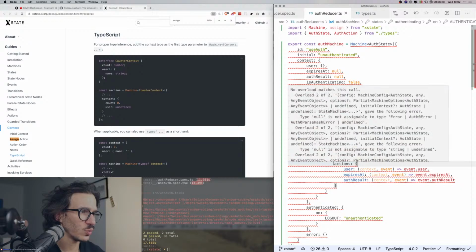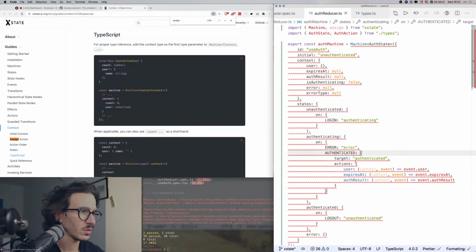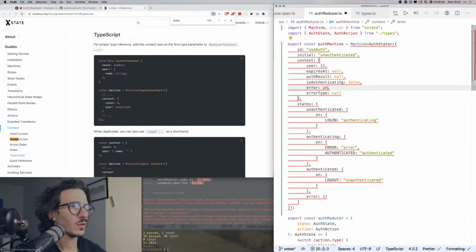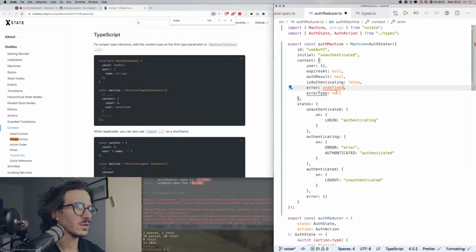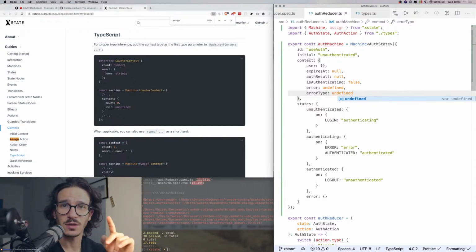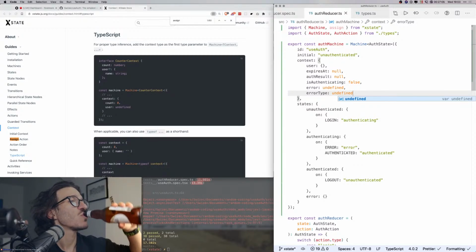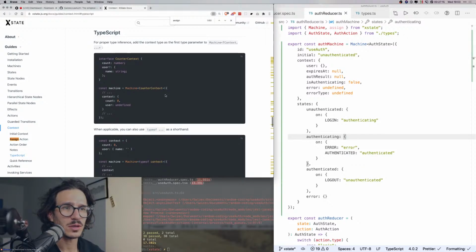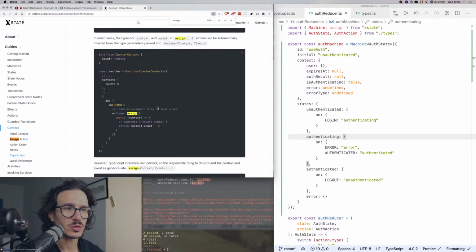So let's see, what are you complaining about? Authenticated. Do I have to change these to undefined? I do. So it looks like TypeScript prefers undefined versus null when you have a question mark on a property. Don't know why that's the case, but it does. So we need to have undefined. And then we say when you are authenticating, on authenticating, we want to,